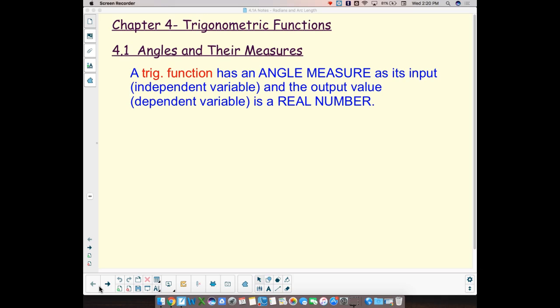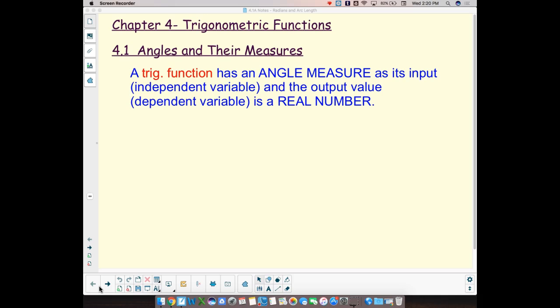In trig, we're going to input an angle and output a number. So it's a little different. And since we're inputting angles here in trig, we should also talk a little bit about the